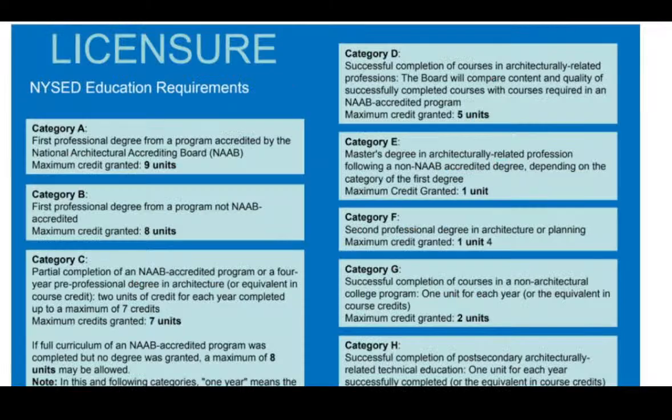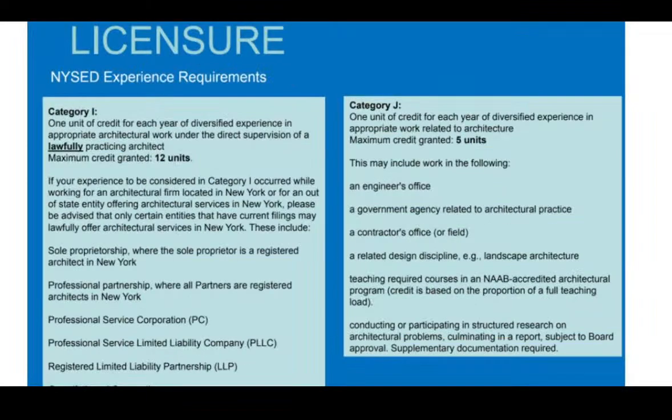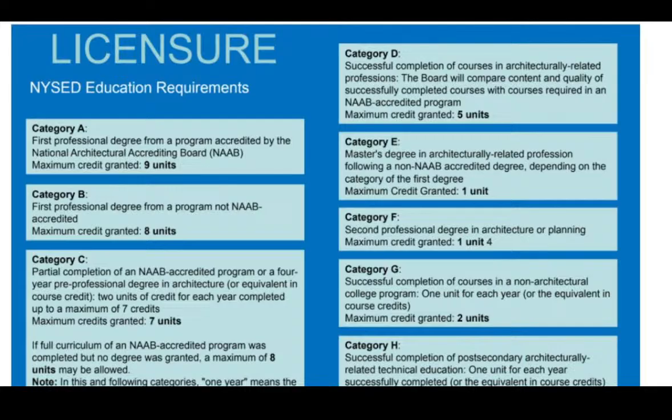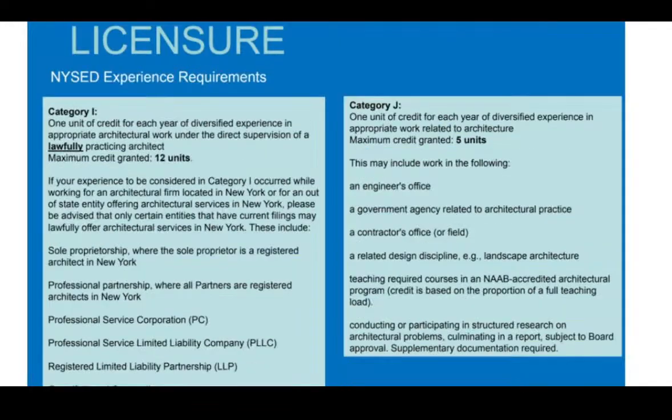Okay, so these are the education categories, and this is off the website, but that bar chart that I went through before really is the graphic version of this. And these are the legal practices of architecture. This is, I think, the largest, most critical mistake that a lot of people make. They'll get a job with a firm, and they'll suddenly find out that the firm is not recognized by New York State